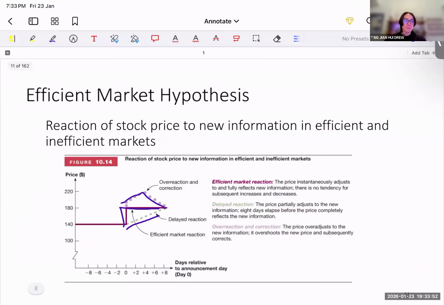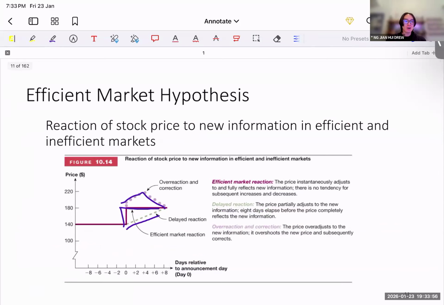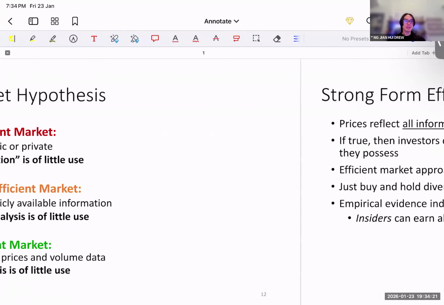Okay. So we know that in the market, the stock price does not go like this, right? It does not go up and level up. There's usually some up and down, or a slow increase. And so this shows us that the market is not fully efficient, which is why there are three kinds of market efficiency that we see here. First is the strong form, semi-strong, and weak form, right? And we'll go into some details here.